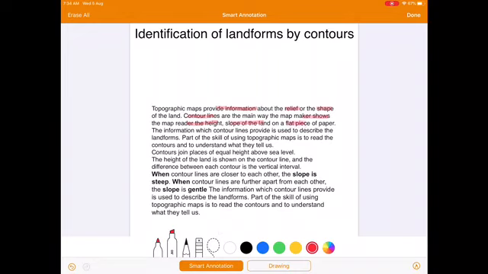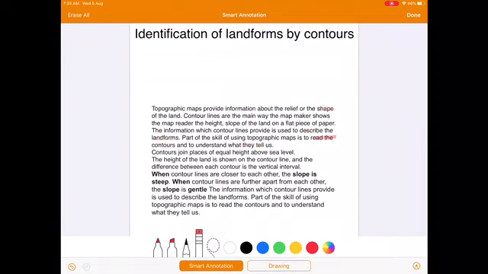The information which contour lines provide is used to describe the landforms, that a land is a plain area, a hilly region, a plateau region or a valley area. Part of the skill of using topographical map is to read the contours and to understand what they tell us. That means with the help of the pattern of the contour lines, we are able to understand about the topography